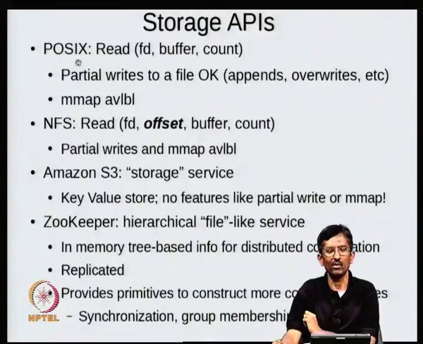Okay. For example, in POSIX you can write something, and unless you verify that what has been written is the same as what you wrote, okay, you are essentially trusting the device to have done it. Now this might seem trivial, but it turns out that devices do malfunction. You can ask it to write a particular track. It's possible for it to write on some other track. This is what is called off-track writes. That's possible. It's also possible that when you write it, it tells you that it has written successfully, whereas actually it has not written it. That also is possible.